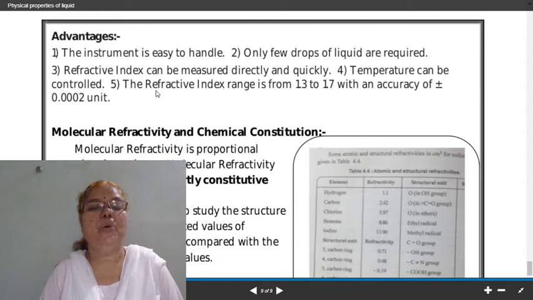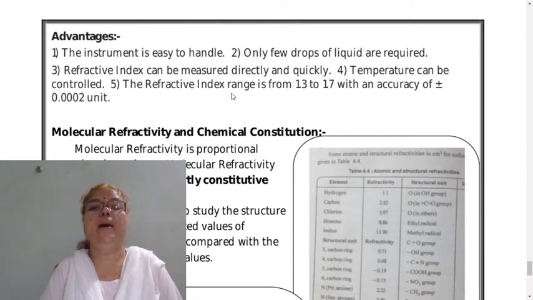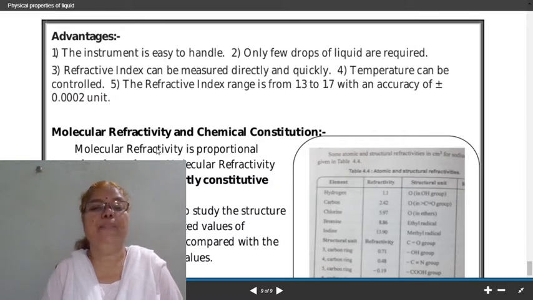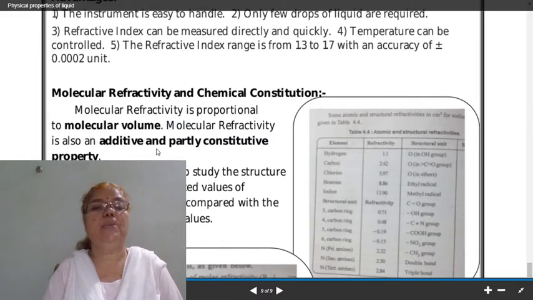Temperature can be controlled, and refractive index we can measure within the range 1.30 to 1.70. The refractive index below 1.30 and above 1.70 we cannot determine, and this is the one drawback of Abbe's refractometer. Then let us turn to the next point, and that next point is the molecular refractivity and